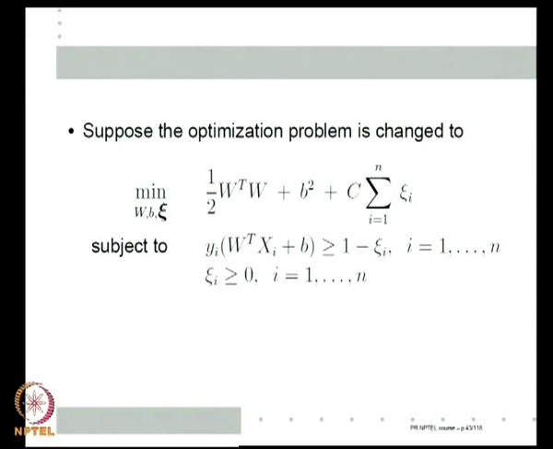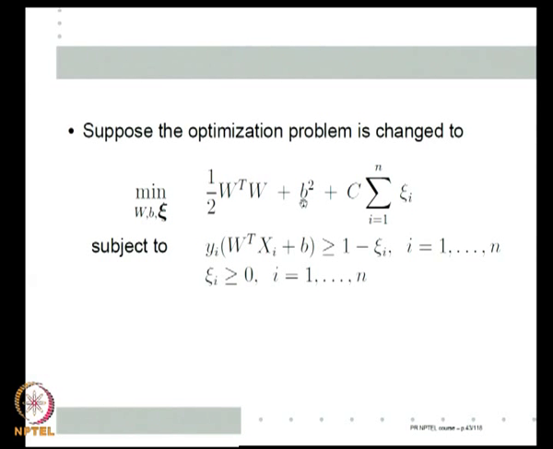Here is the way one does these things. I start with the basic SVM optimization problem, and then I change the optimization problem in some ways, which is useful to me. So, here is one way. My original optimization problem is half W transpose W plus C times sum of xi, minimize that subject to the constraint y_i (W transpose x_i plus b) greater than or equal to 1 minus xi_i and xi_i greater than or equal to 0. That is the standard SVM problem with penalty constant.